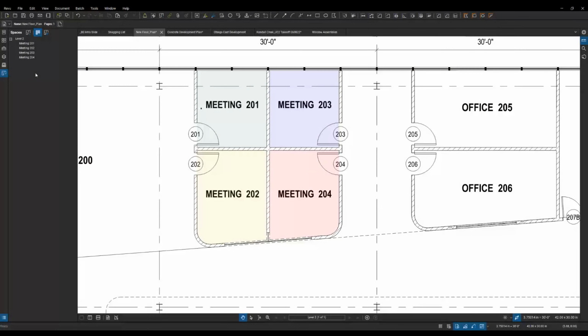Okay, so let's look at another trick here. We have meeting rooms 201 through 204. The 2 in front of there would indicate that it's the second floor, but let's show you how to create